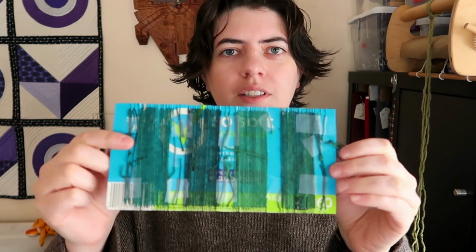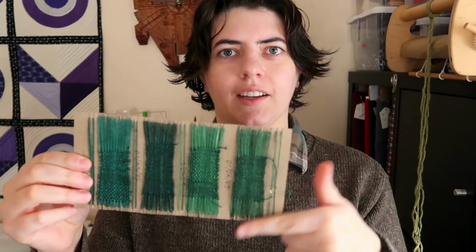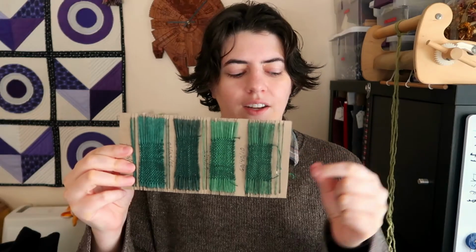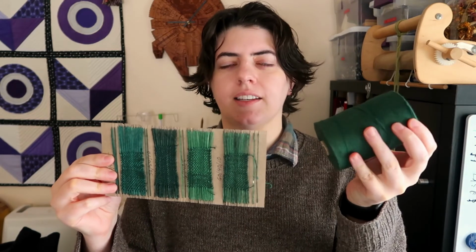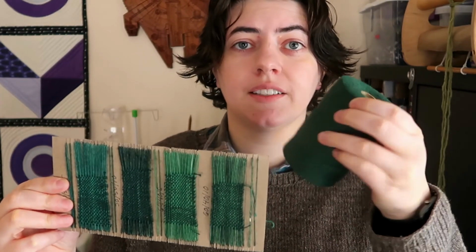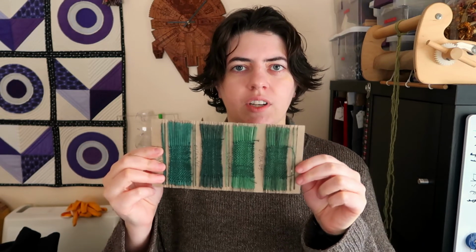I just wrapped the yarn around the card, sliding 1 strand into each notch for each of the colors, and then I took a length of my designated weft yarn, which is a cotton linen blend that I bought at Webb's, I believe. Couldn't tell you the brand. So I took a length of that yarn and wove, just in and out with a tapestry needle, each of